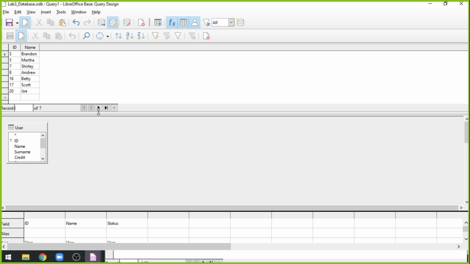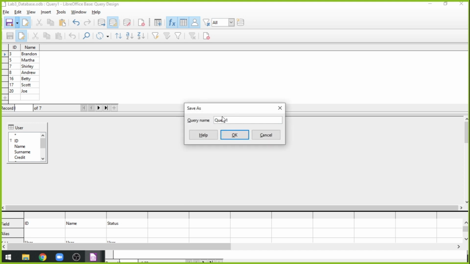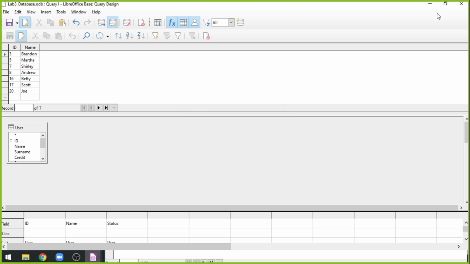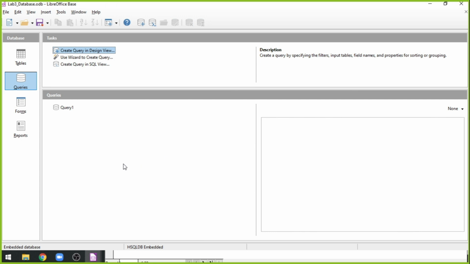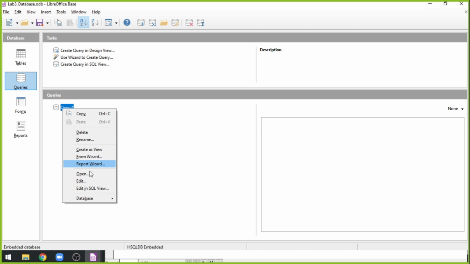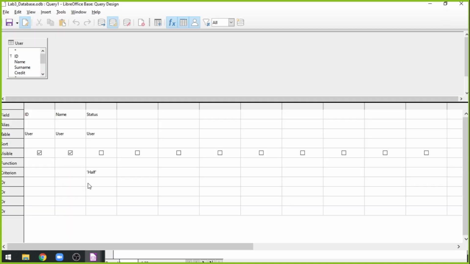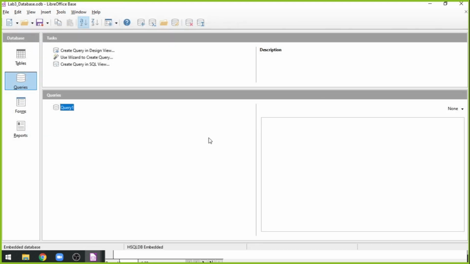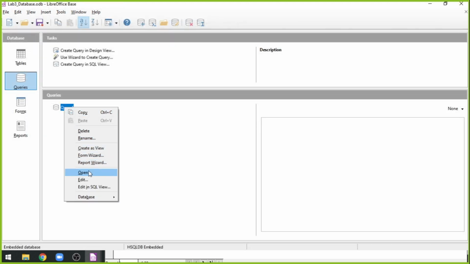So this was something that we did earlier, and we were able to save these queries. Let's keep it as query number 1. And if I close it, my query is saved here. Whenever I double click on it, it will run the query and display me the results. And if I would like to go back into editing that query, I have the option to go back to edit. This is going to use the design view, but some sneak peek that we did in the last lab was that